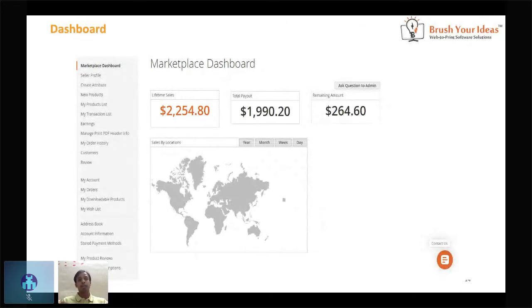Let's say I am a vendor. My customer has purchased $5,000, $10,000, but I have requested my super admin or collaborator to pay me around $2,000, and the remaining $8,000 will be shown in the remaining amount. This is how the dashboard calculation will be shown.